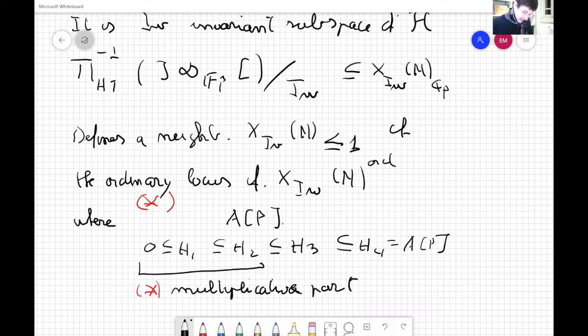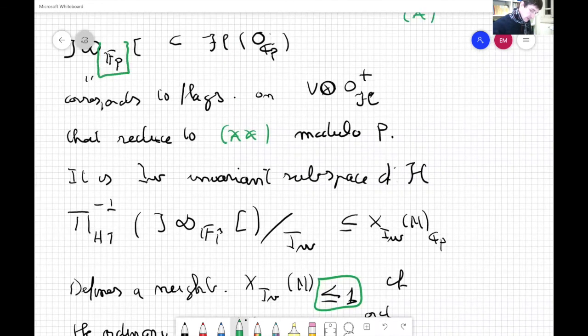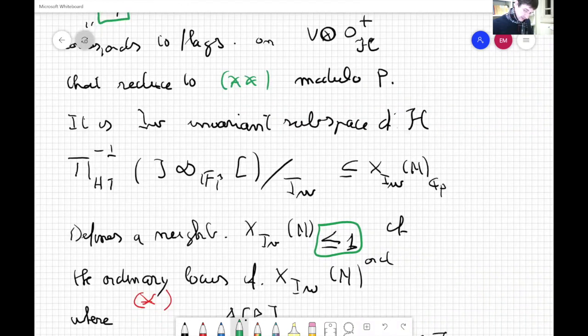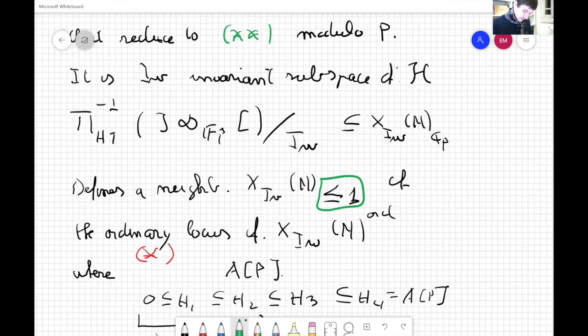And this less or equal to 1 comes from the fact that here I'm considering things modulo p. I could consider things modulo p^n and take things that reduce to infinity modulo p^n, and then I would get smaller neighborhoods actually. Okay, so anyway, there is some neighborhood of this component of the ordinary locus that is defined by this